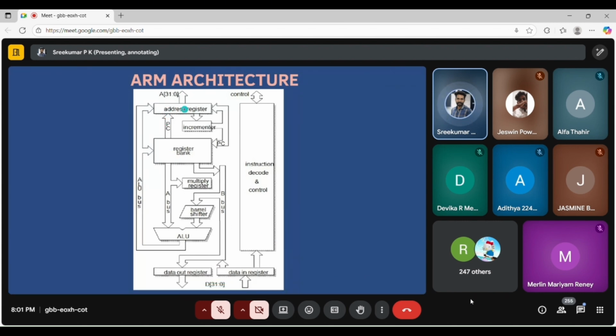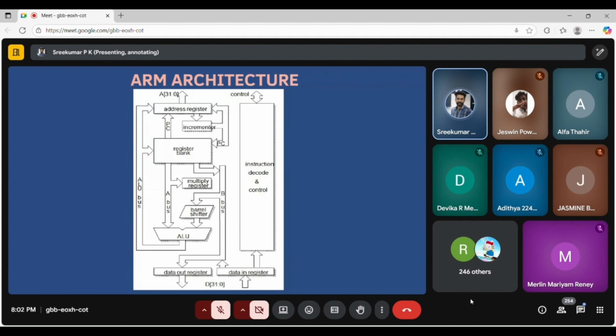So you can see the address register. There is a dedicated bus inside, the address bus and the data bus. Also, we have the program counter. Everything we have seen in the 8085 microprocessor or CPU, you can see inside this ARM architecture.